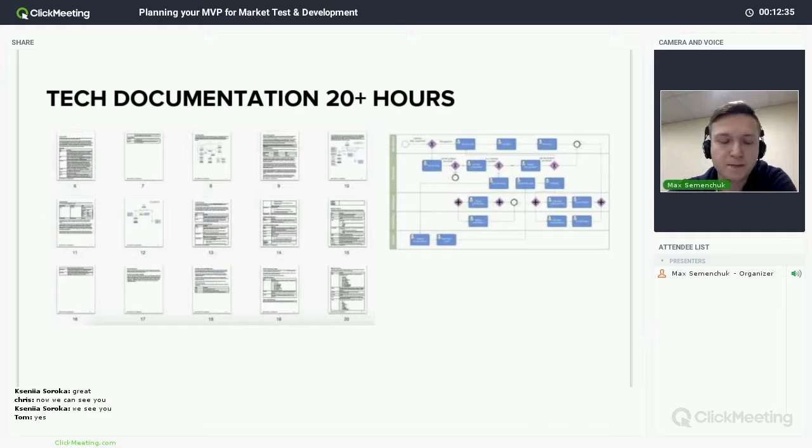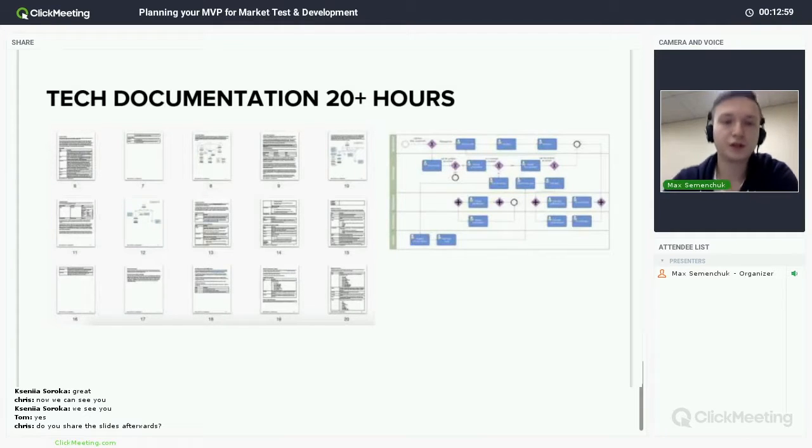I've seen many attempts to just build this documentation straight from the start, but sometimes we get briefings that contain like 2 pages of text describing how it should work.